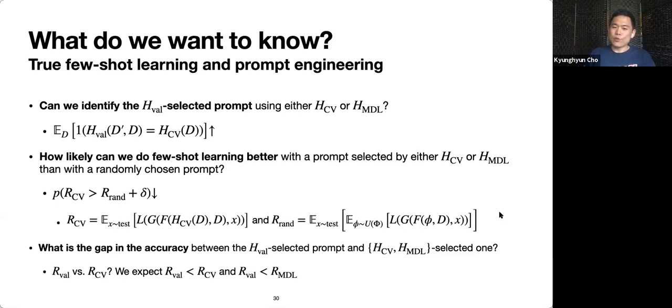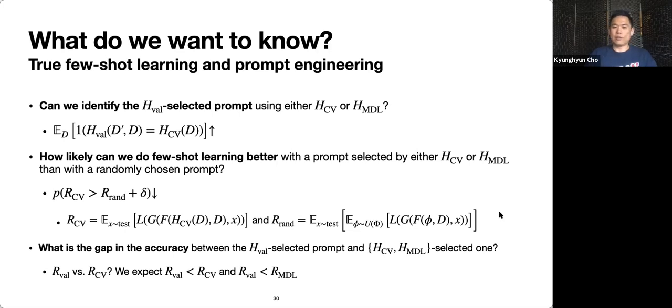First, we want to tell whether we can identify a good, if not the best, prompt using only a few training examples rather than a very large validation set. That is, do the prompts selected using either cross-validation or MDL match the prompts selected by the large validation set? So that's the first question we wanted to answer.